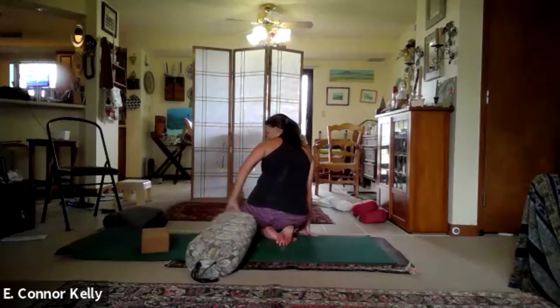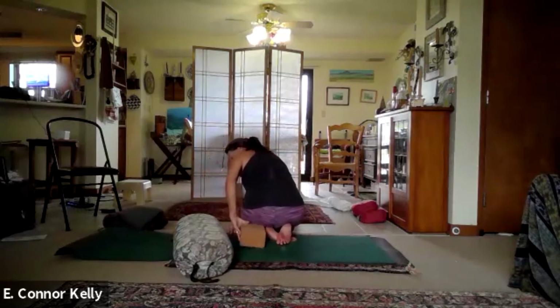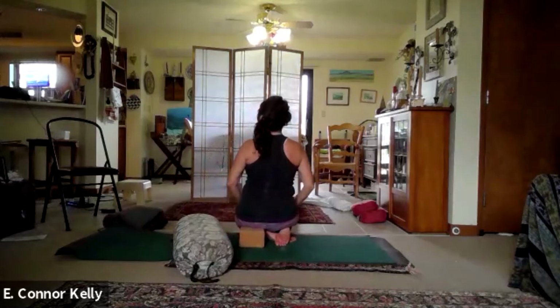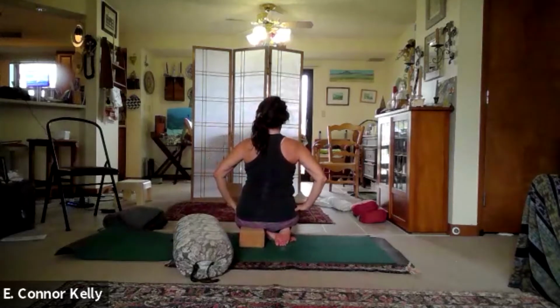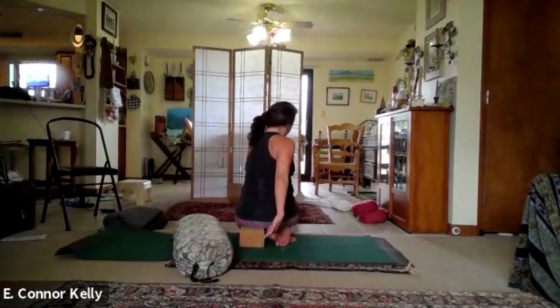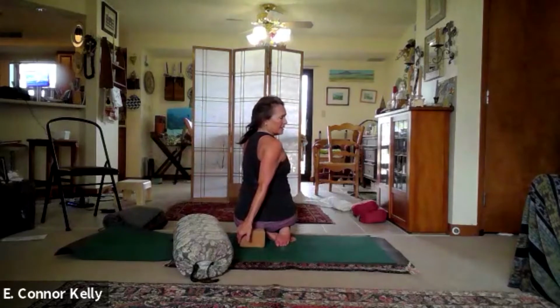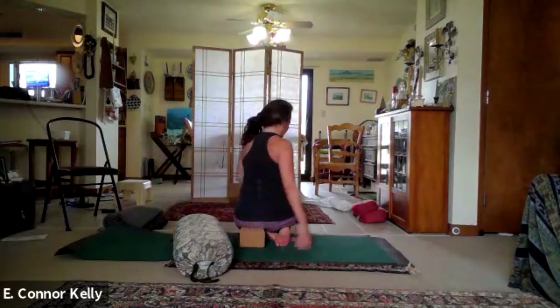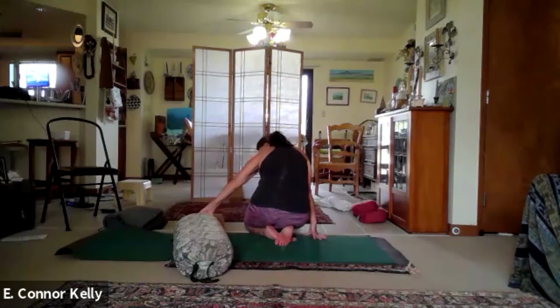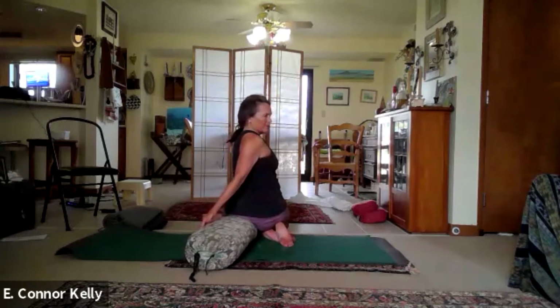So the extra help, and I'll show it with a block too, but you can just roll a towel there as well. So I can sit this way. And then you're going to take the left hand around to that right knee. And then because I have this block here, I can put my hand here. Same thing with the bolster, I can bring my hand to the outer part of the bolster and get a really great stretch